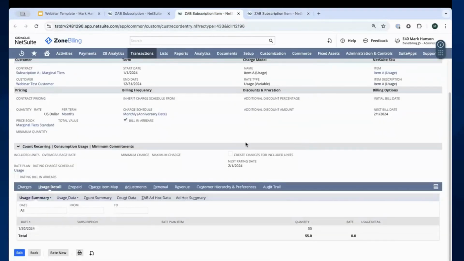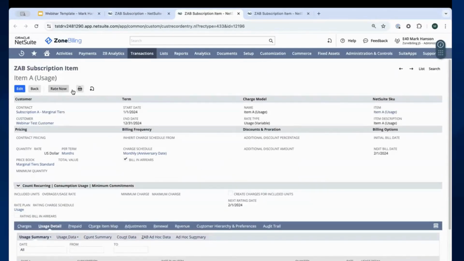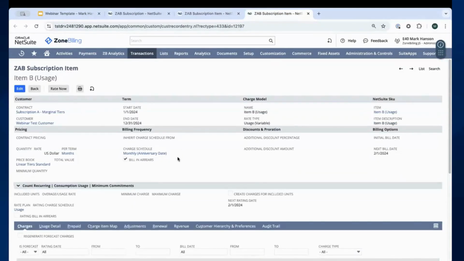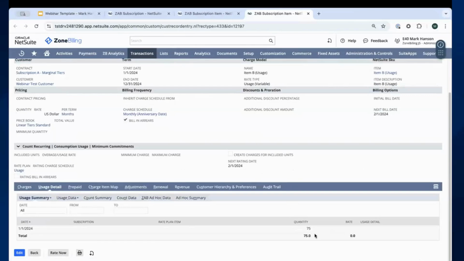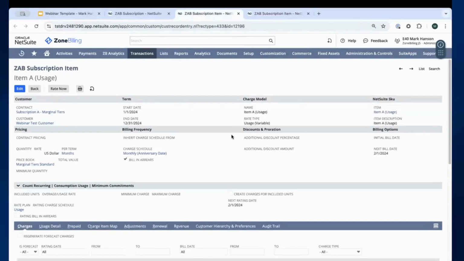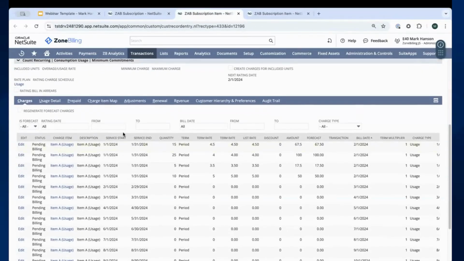So this is basically me simulating what the API connection or CSV looks like with your proprietary system. So I'll bring 55 in for the marginal. Hit rate now. This is what I was referring to before, where this would be completely automated in a real life scenario. And the second one's going to be linear. We're going to bring in 75. And this is going to say the total quantity 75 are going to be priced at whatever tier that 75 quantity is at. And as that's rating, we can now see